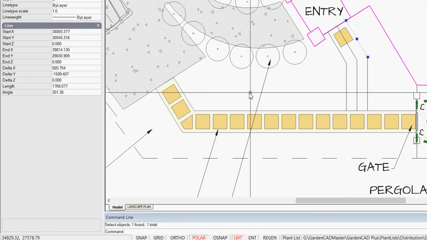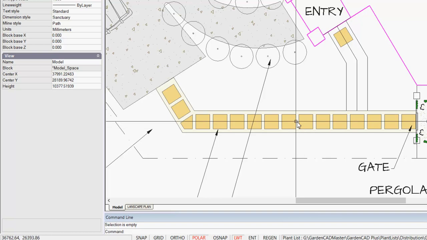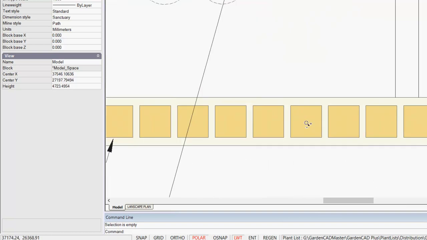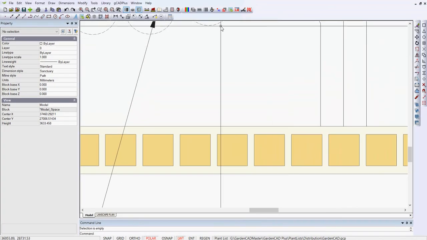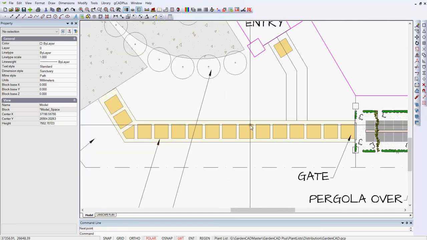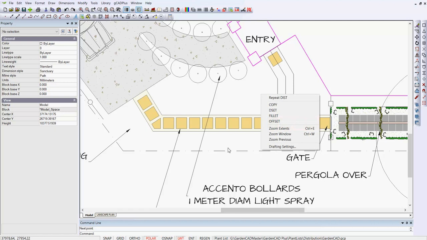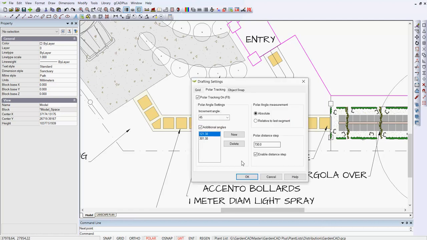of 301.38. And then if we look at the distance between the existing pavers, let's zoom in a bit, and we'll use the distance command and go from the end here to the end of the next paver, it's 730 mil. So with those pieces of information in mind, we can right click, go to the desktop, look at drafting